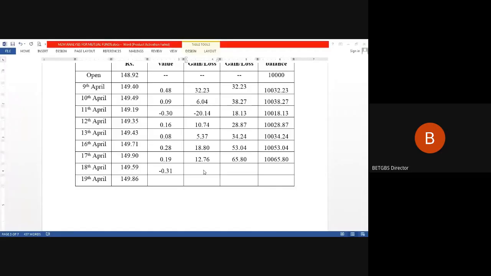So the overall loss is 20 rupees 81 paise. So 65.80 minus 20.81, so it is 44.99. So this is 44.99. And lastly,